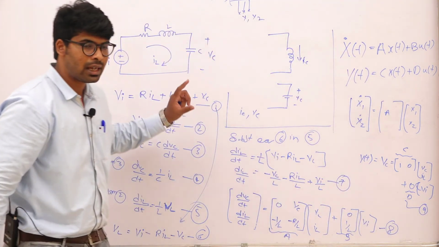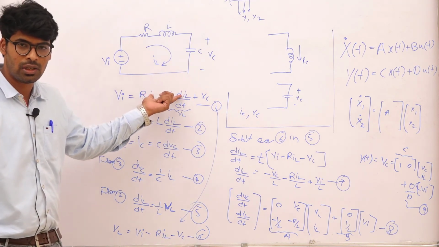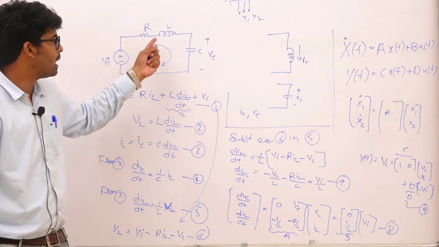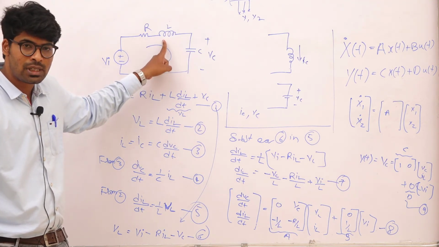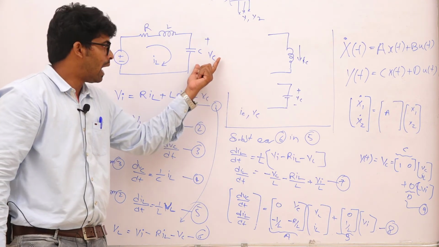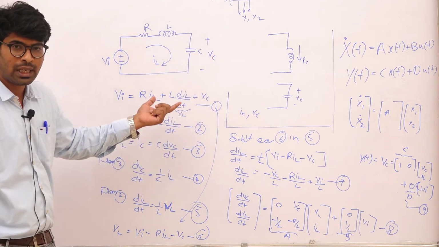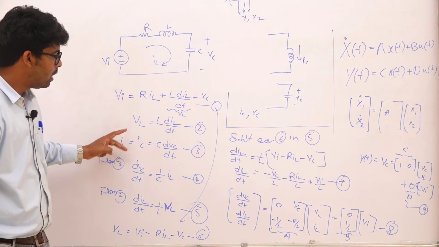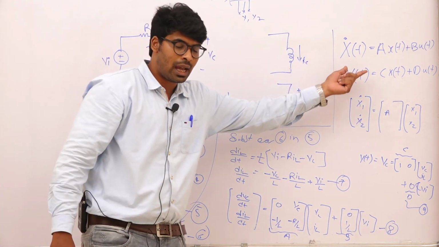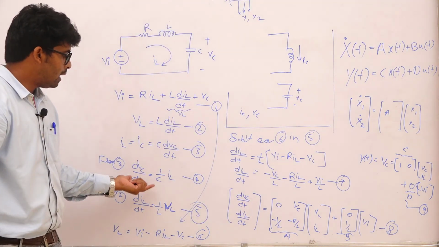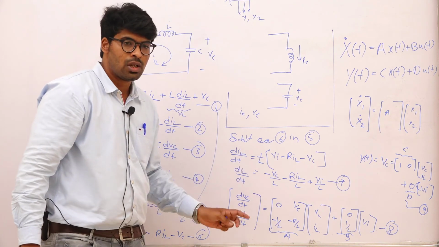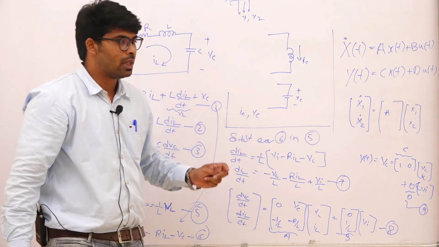So I just took one simple RLC series circuit, and I recognized the state variables: change in current in the inductor as one state variable, and change in voltage across the capacitor as the other state variable. By having the relevant mathematical equations, I derived them. So my main concern is the state variable representation, the first order equations I have described, and with respect to the state variables I manipulated this. So whatever circuit you are given, the procedure is this much.